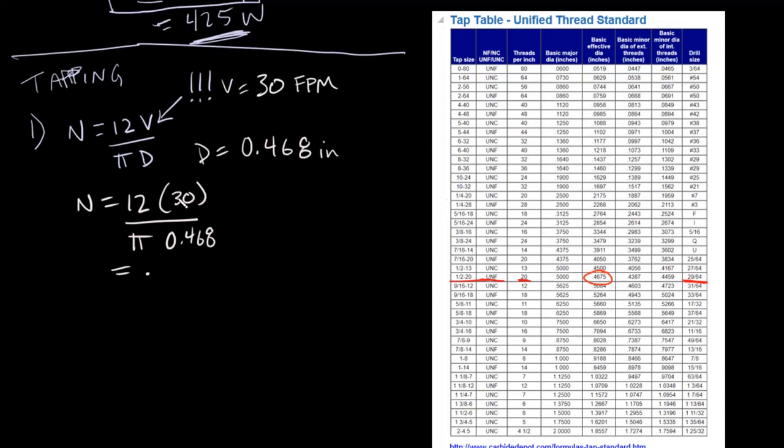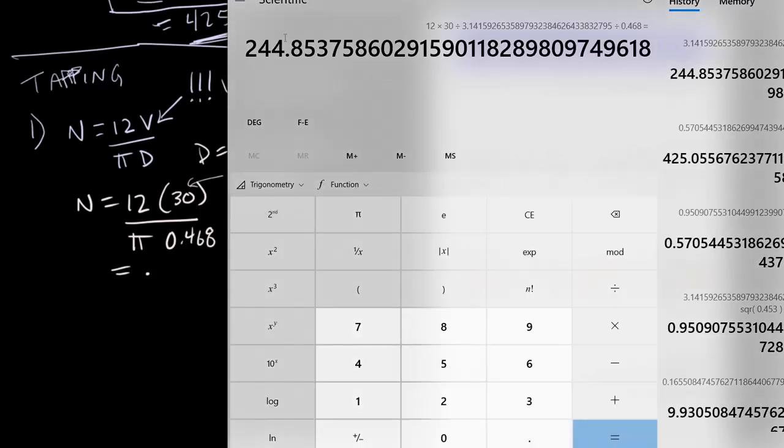Again, I have a little bit of flexibility here because this is 30 to 50, so if I had put 50 in there, we would have got a higher number. So I'm able to round this number liberally. Maybe 250 would be okay as well, just staying under that 50 surface feet per minute. So we're going to do 245